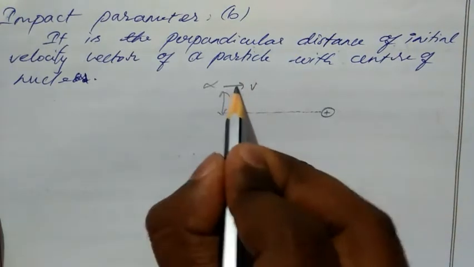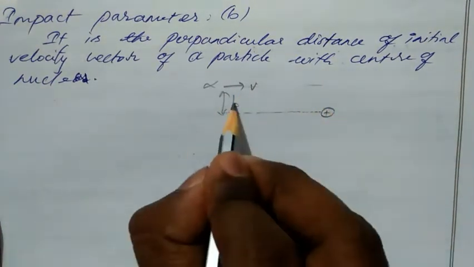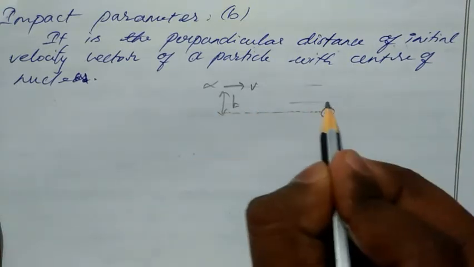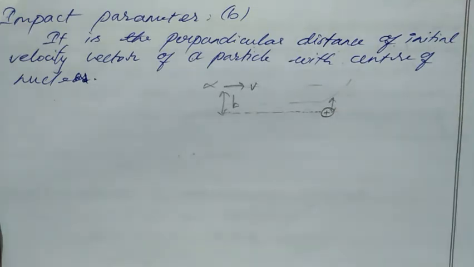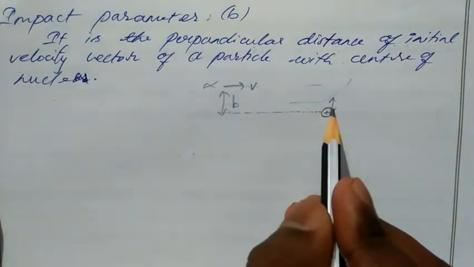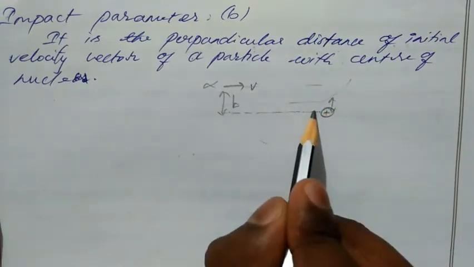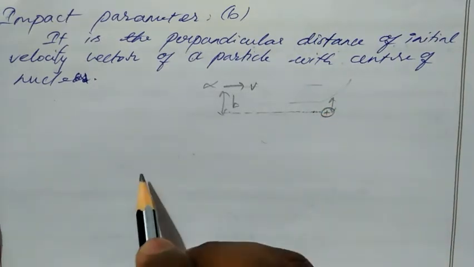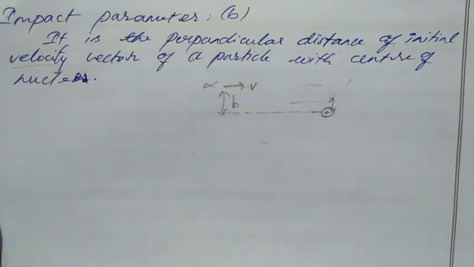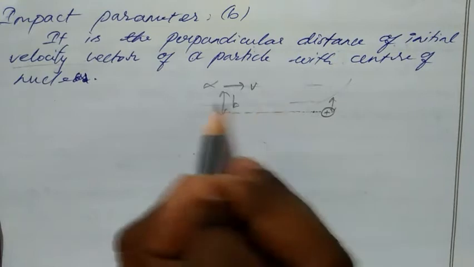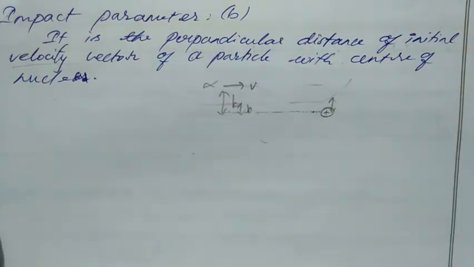Okay, so when it moves near the positive charge, it gets reflected. We should not take this distance. Okay, this is closest approach. If you take here, this is closest approach. But initial velocity, perpendicular distance of initial velocity. So initially it starts to move from here, then this distance is taken as b, the perpendicular distance.